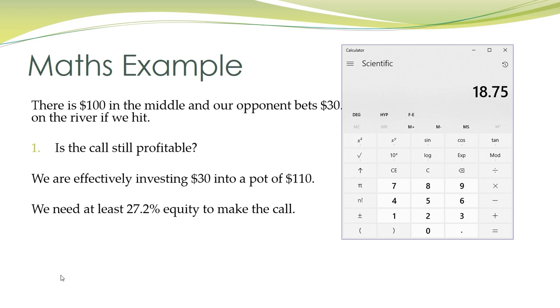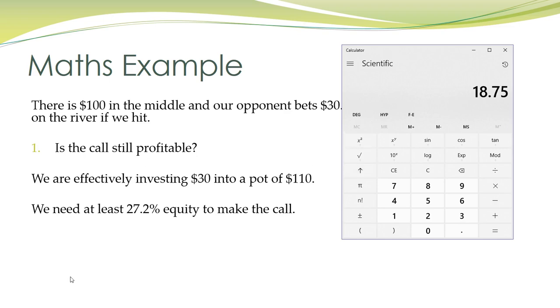Or when I say 30% equity, what I really mean is 30% chance to hit our draw, 27.2% chance to hit our draw. Now the idea here is, despite the fact that we have reverse implied odds, if this number's accurate, if we lose about $50 on the river after we call a turn, what that means is if we have that ability to hit on the river more than 27.2% of the time, we should still make the call,